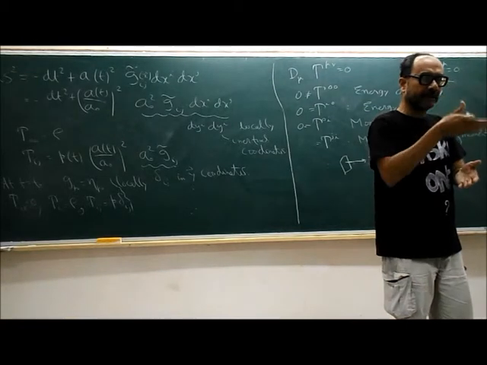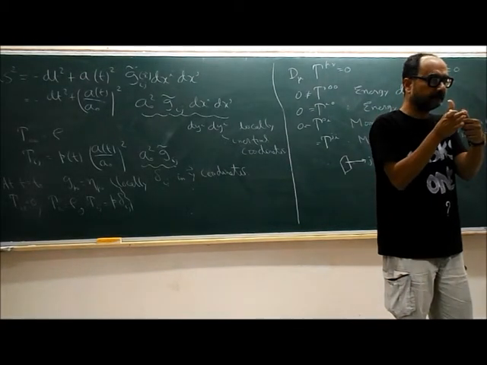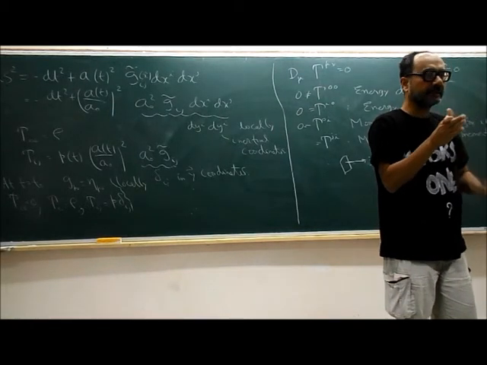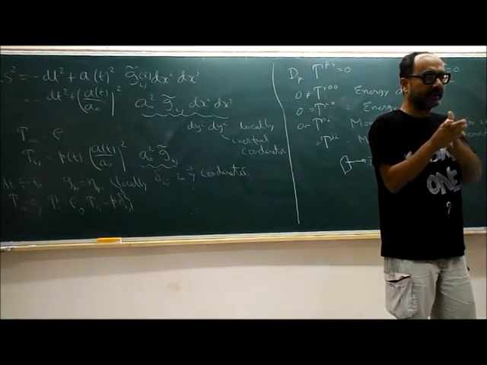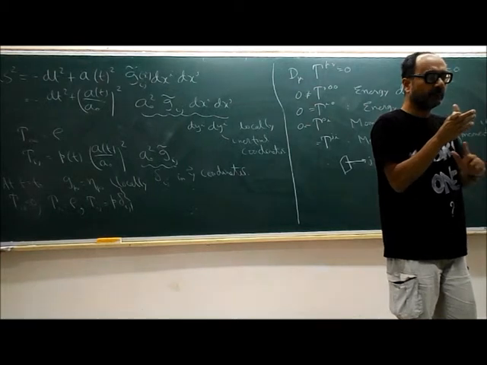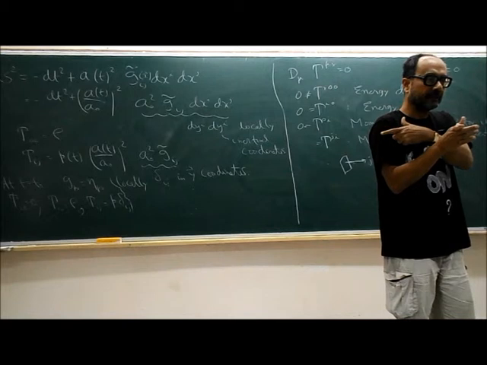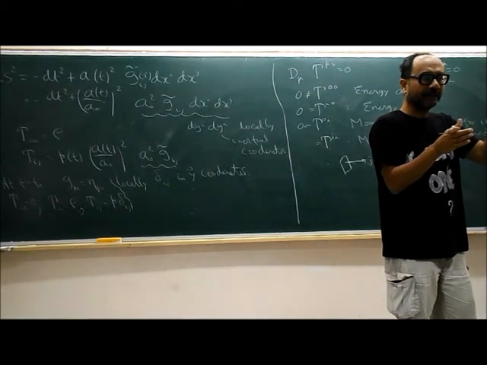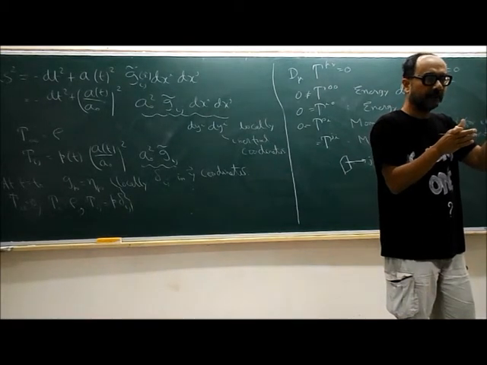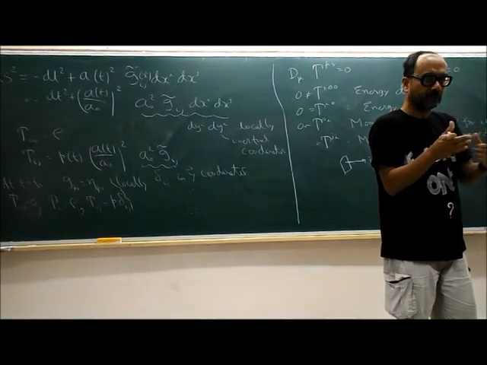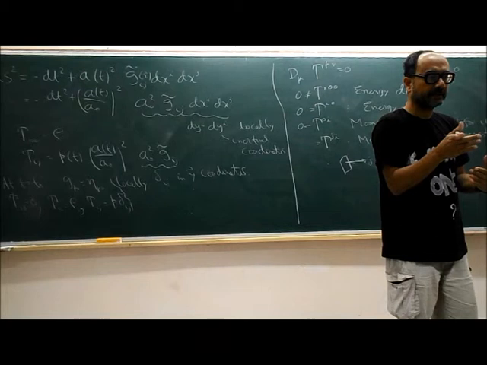Take a small area perpendicular to the 2 direction. Suppose this is the 3 direction. A particle moves like this. So it carries a certain P3, right? And it has moved from left to right along the positive 2 direction. Nothing has gone from right to left. So there is a net flux of P3 momentum through this surface along the 2 direction.